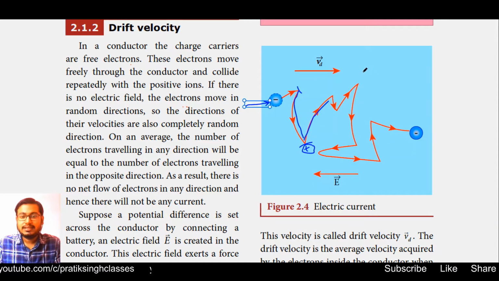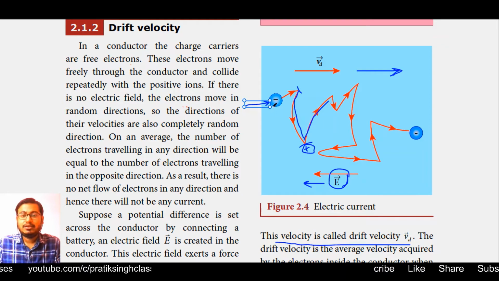So this is the direction of drift velocity, but here you can see this is the opposite direction, that of the internal electric field. This is the direction of the internal electric field, and from left to right is the direction of drift velocity, and from right to left is the direction of the internal electric field. This velocity is called drift velocity. The velocity with which the electrons are pushed in the forward direction is called drift velocity.